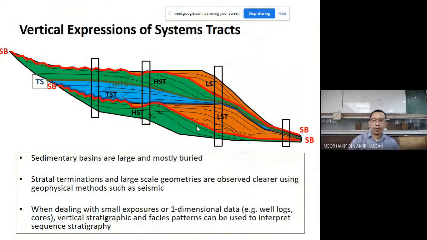So in this picture, you can see all the sequences. Very nice, and I can see the HST and it's prograding. The TST is retrograding, and this is a downlap surface, so that must be the maximum flooding surface. Now the problem is,